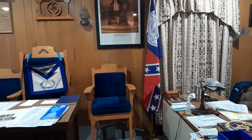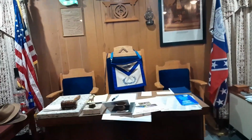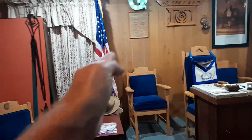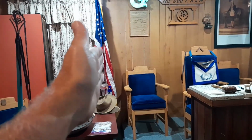This is an older style Georgia flag. I'm a firm believer in letting the people locally handle their business locally. If the local guys want to display that flag, let them display that flag. If they don't want to, this one they've always got displayed. Every Masonic lodge in the state of Georgia, you're going to see this flag up here, and it's going to